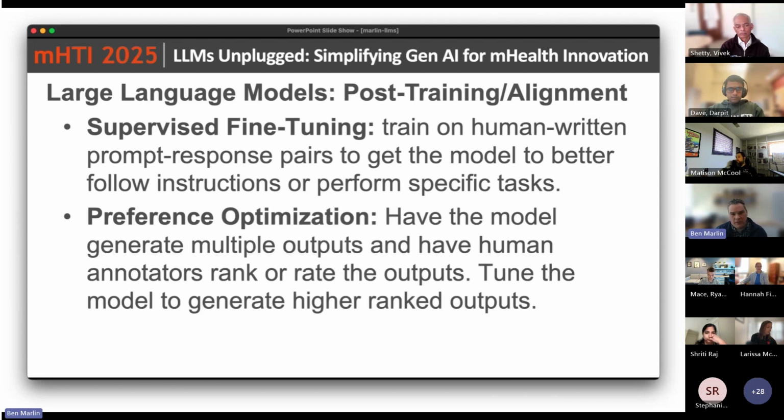You can also use supervised fine-tuning if you have your own data to get the model to perform a specific task. So if you were interested in a task like sentiment analysis, or let's say coding survey responses with respect to a set of codes that you define, and you have some examples, you can take a raw LLM and train it to perform that specific task, and it will use its generative pre-training and whatever domain knowledge it's distilled from its training data as a basis for performing that task.